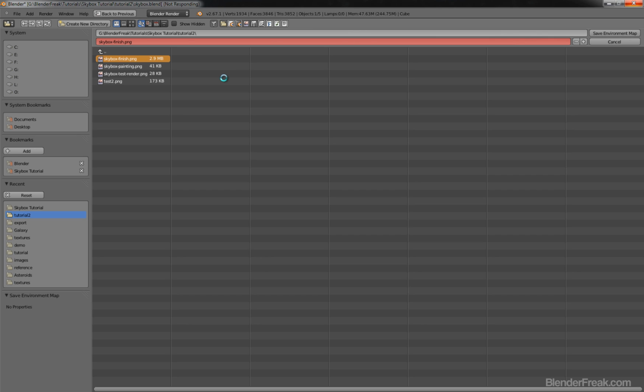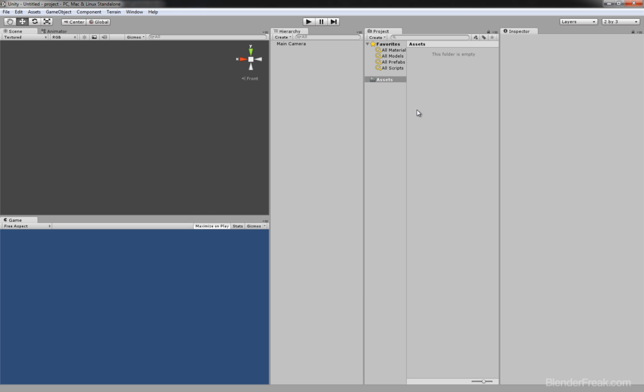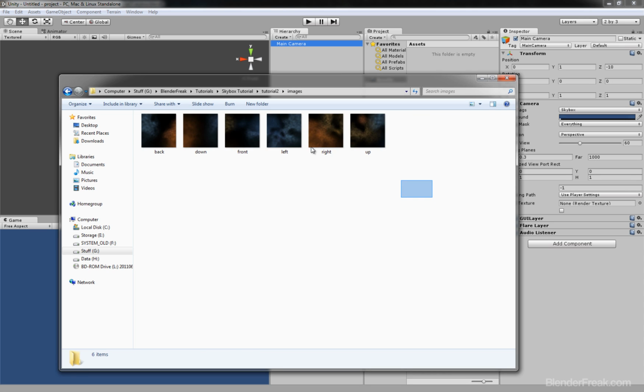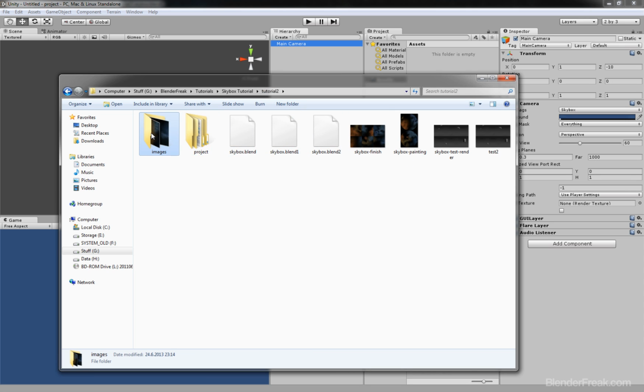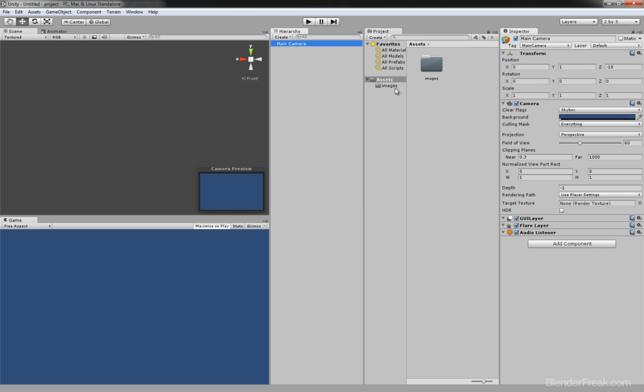So let me pause for a while, and I will slice up the images and I will show you how to create a project in Unity with your Skybox. So here is Unity with completely blank project. I've imported nothing right now. I will certainly use these 6 textures, so I will copy them and put them here into your assets. As you can see, the assets are importing here quite well,